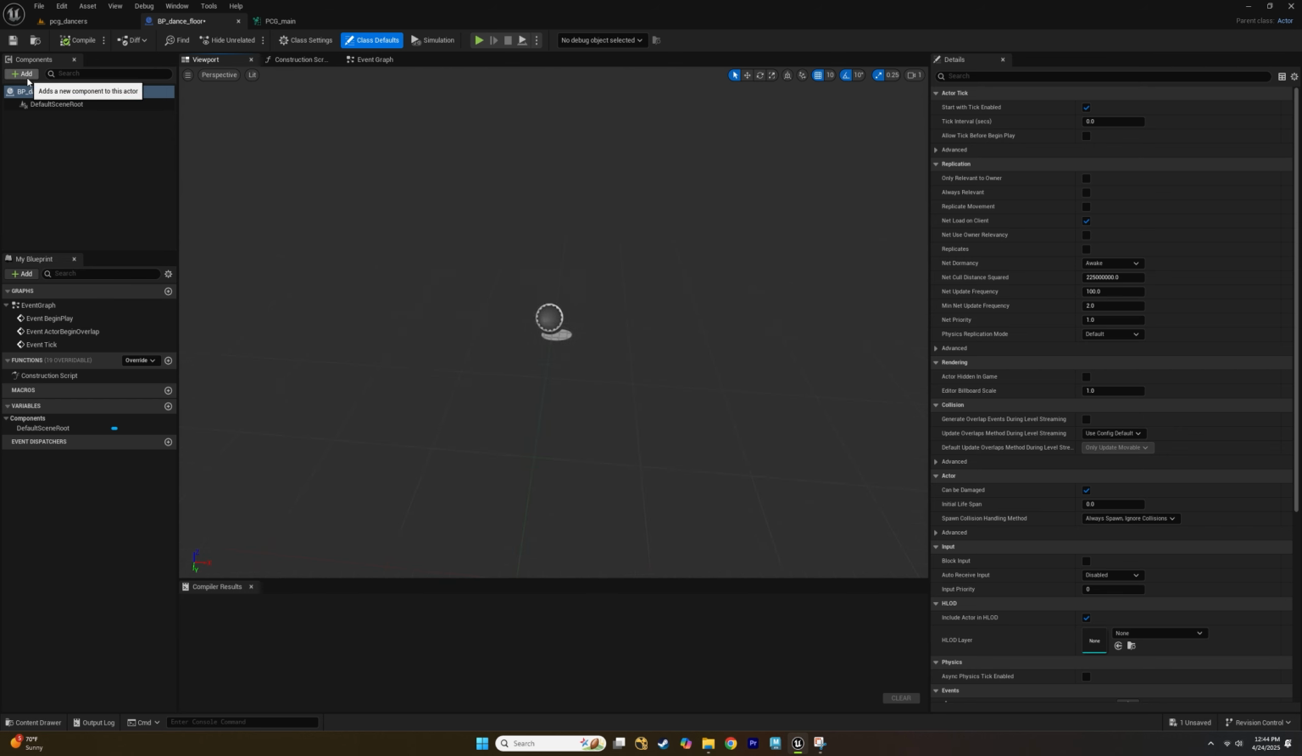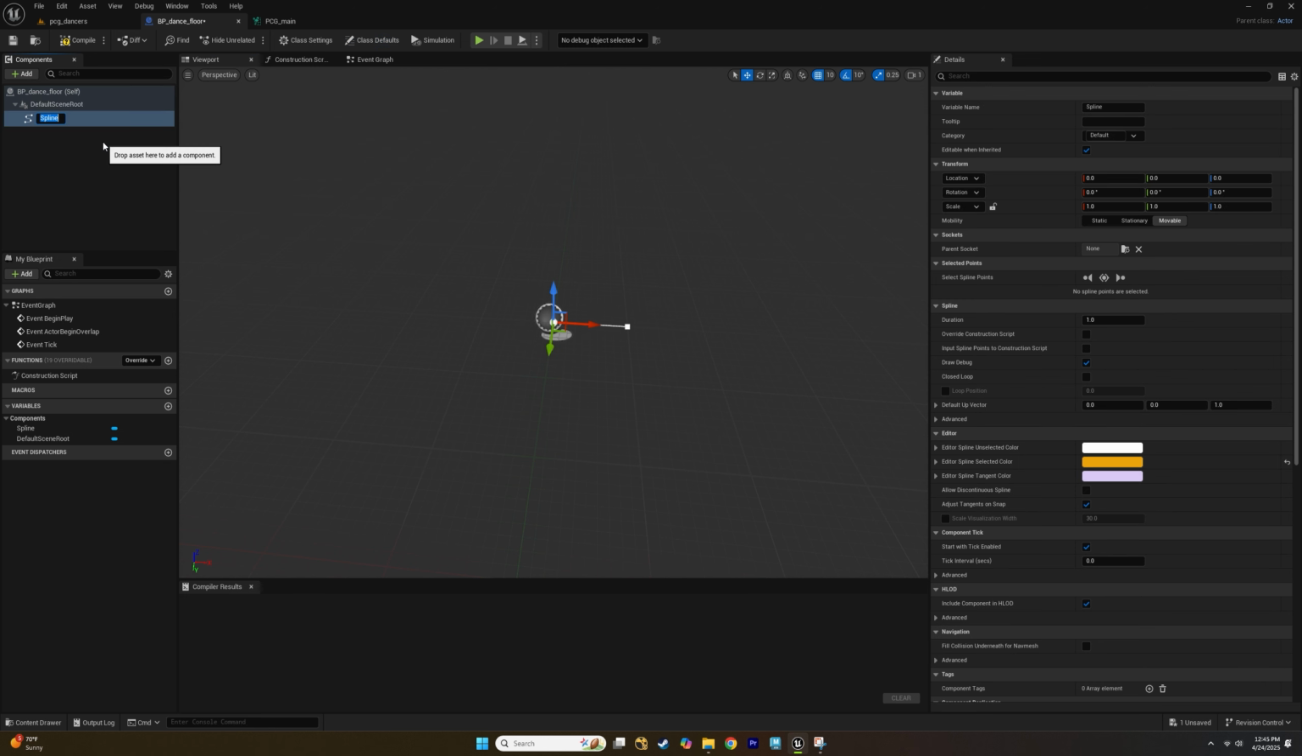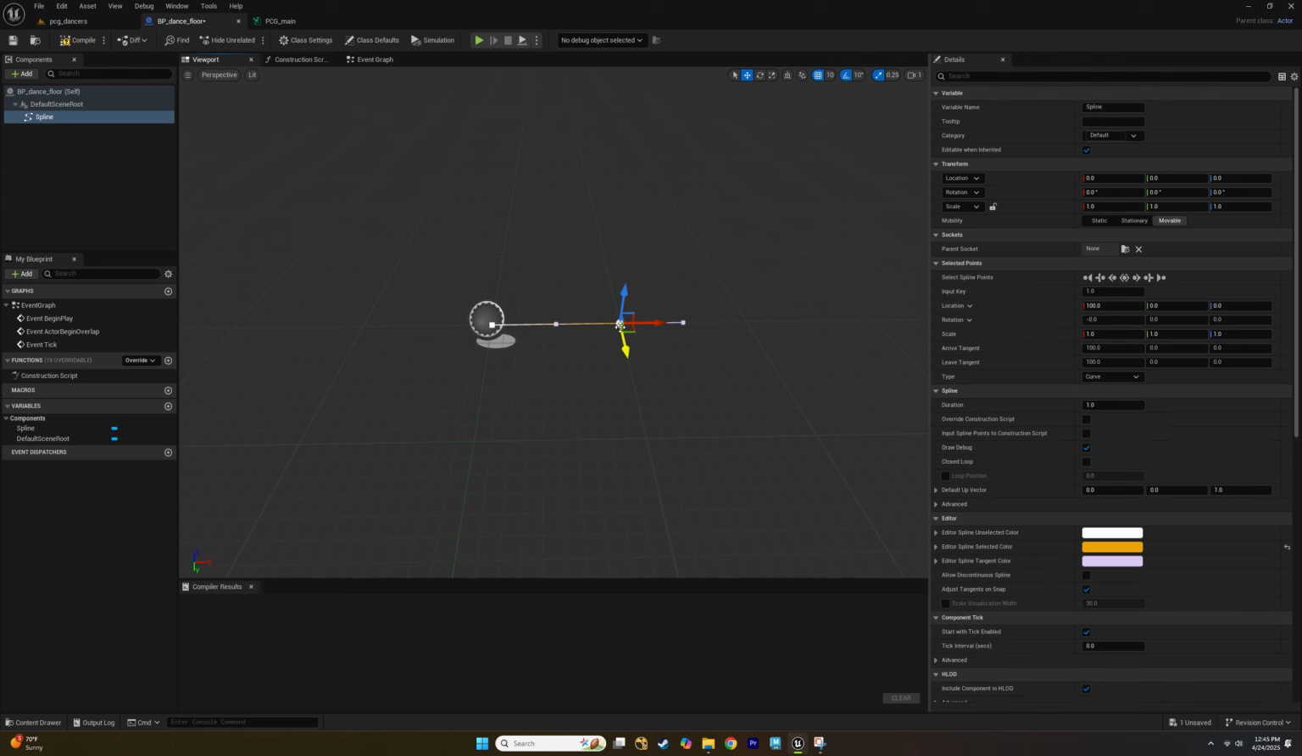So if we go here in the components and add, we can add spline. And the spline is basically a bunch of points that we will use to generate the PCG. Created a spline. This is going to outline where our PCG nodes will be, and we have 2 points right now, but we only want one, so we're going to go over here and delete this one. And then if you come to our main one and right click on it,